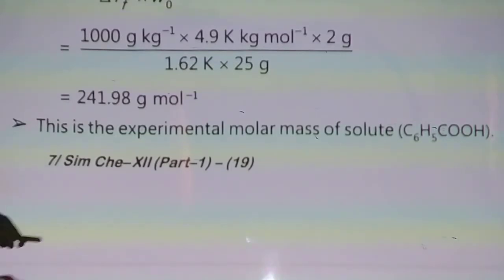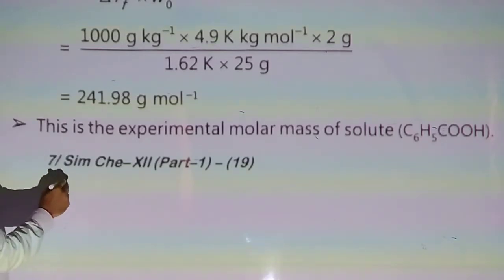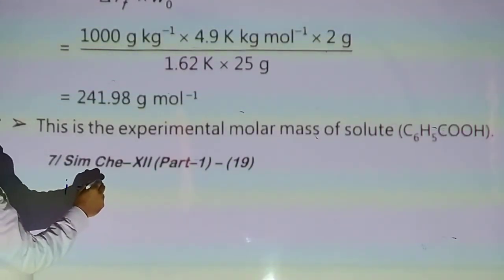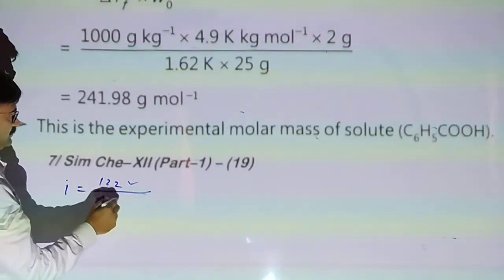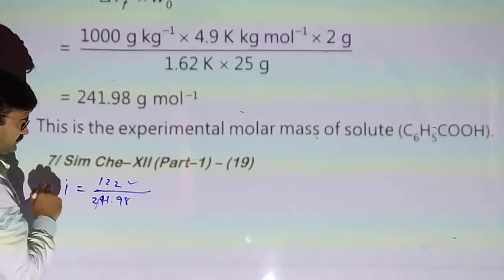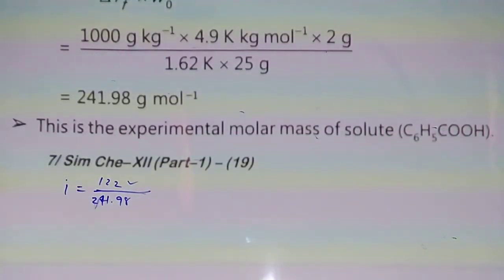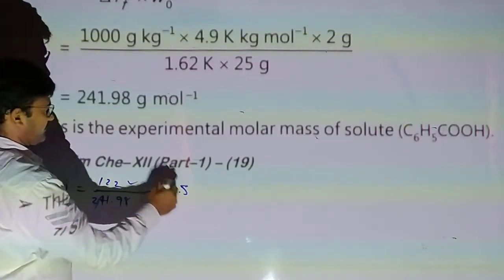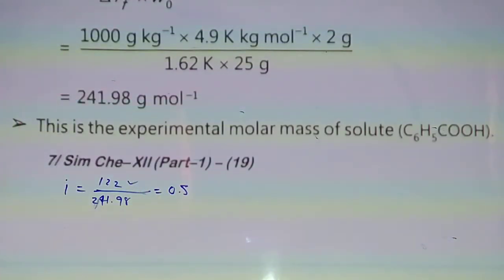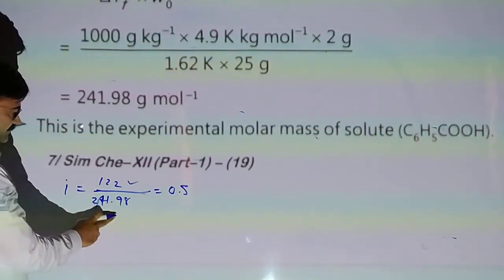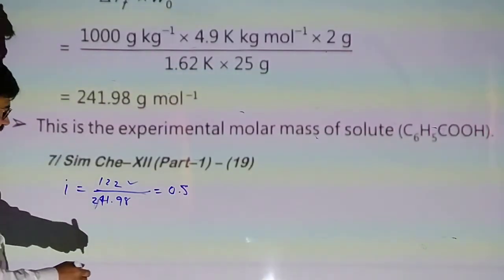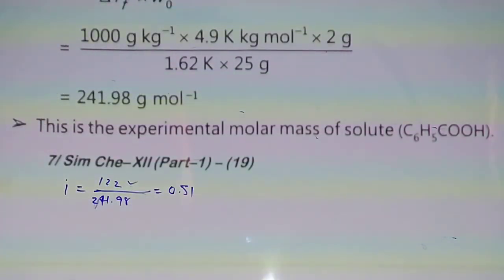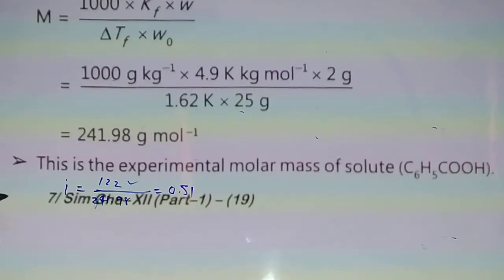Value of experimental is a 2 for 1. Yes. So I will be actual molecular mass upon practically derived mass. So it will be 0.5. Roundabout 242. So something, it will be 0.51 something. 0.51 is our i. We have to derive here alpha.